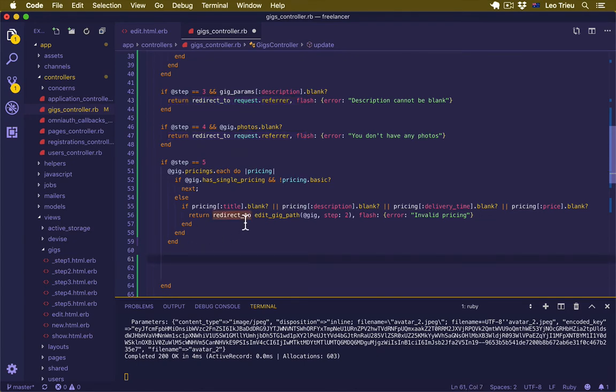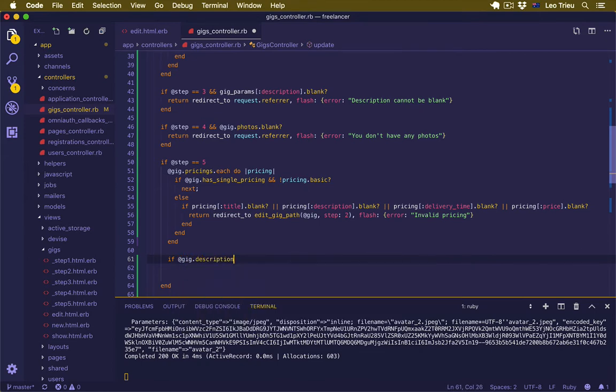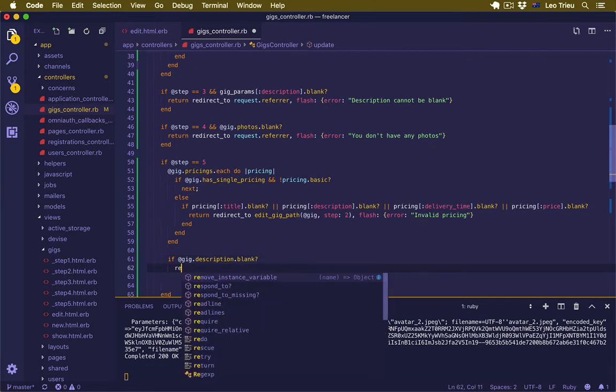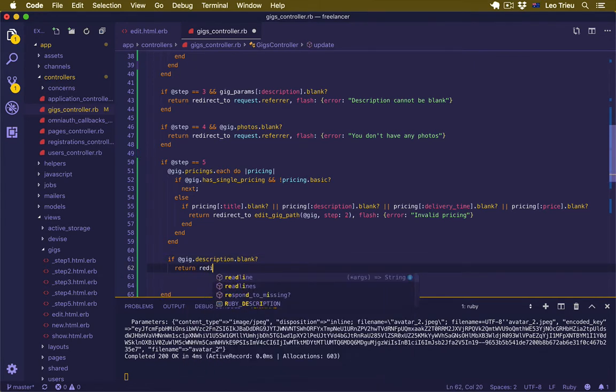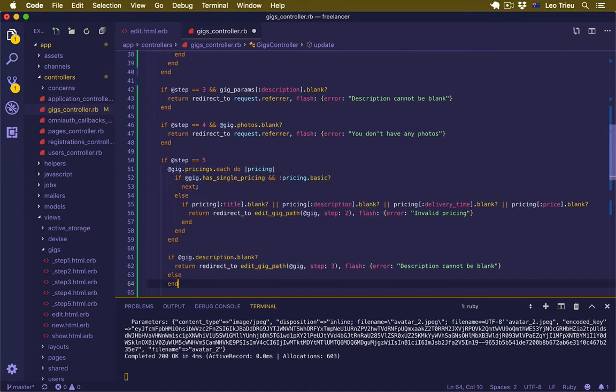Now for this one we're going to check if gig.description is blank, then we return redirect to the, I'm going to copy this one actually, copy, paste it here. We're going to redirect to step 3, and we're going to say description cannot be blank. Otherwise